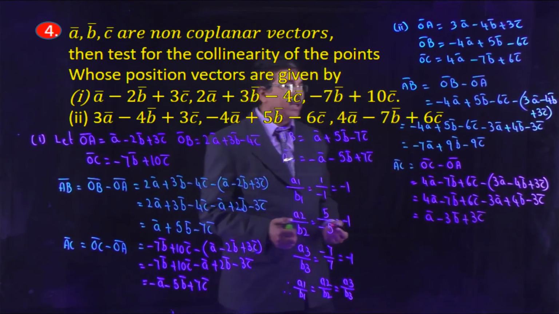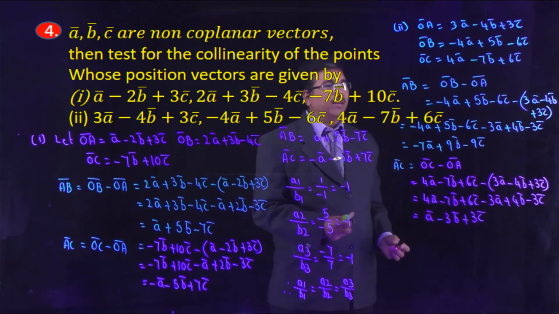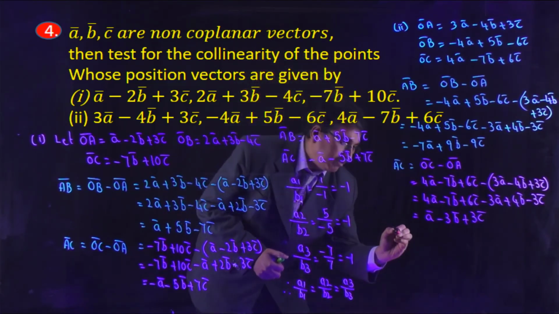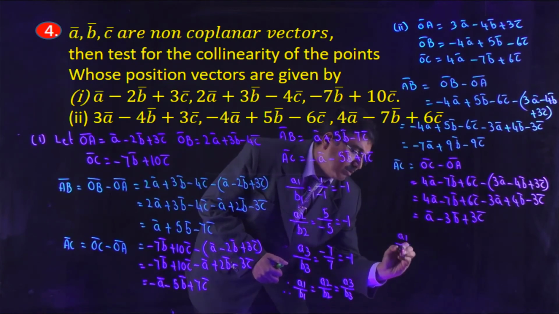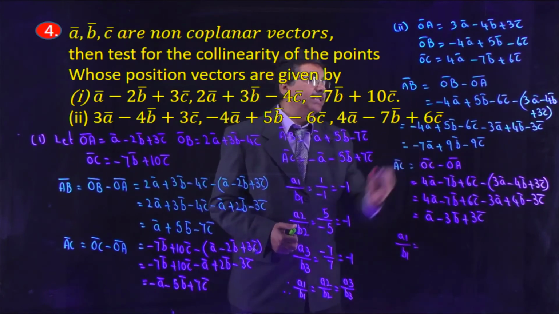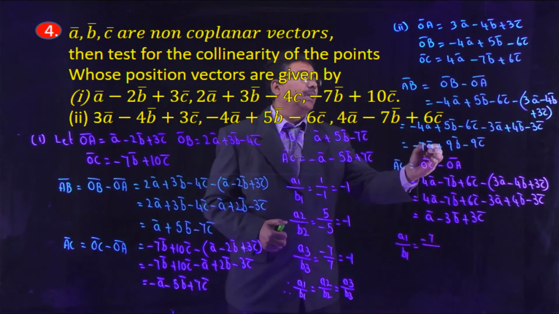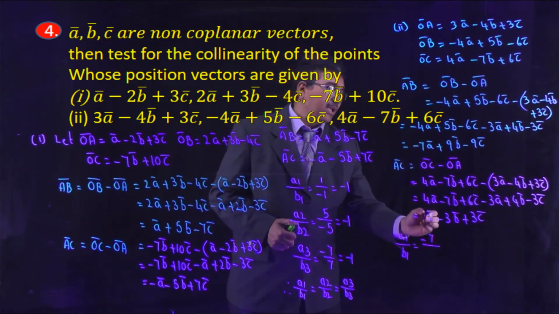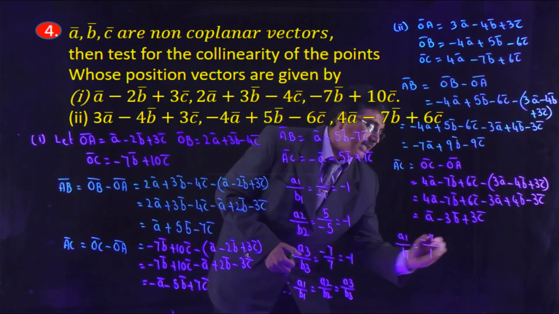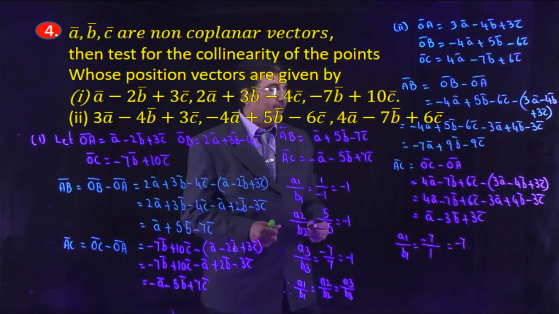So AC bar is equal to A bar minus 3B bar plus 3C bar, right? Now consider A1 by B1. A1 by B1 is equal to, here A1 is equal to minus 7, component of A bar. Now B1 is equal to 1, that is equal to minus 7. Now A2